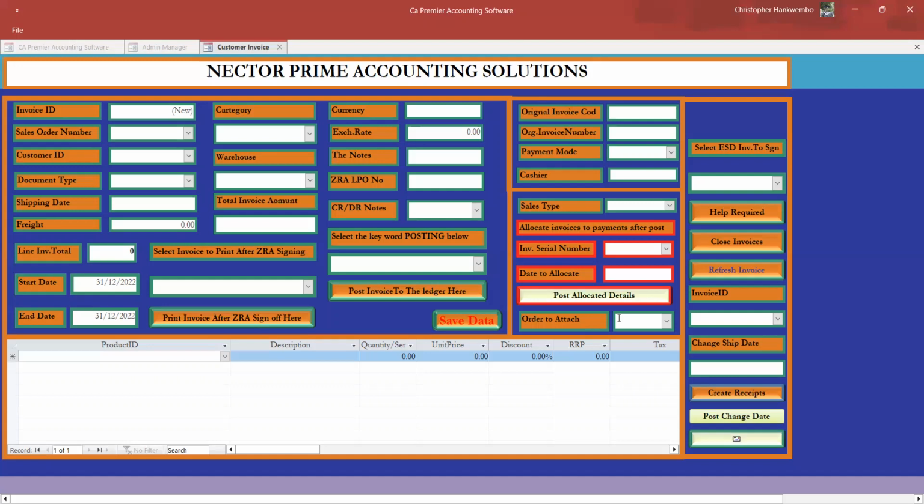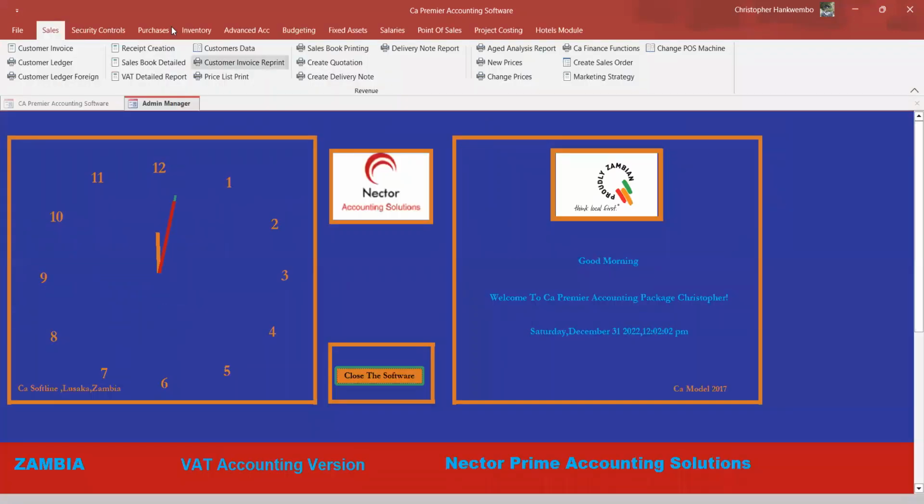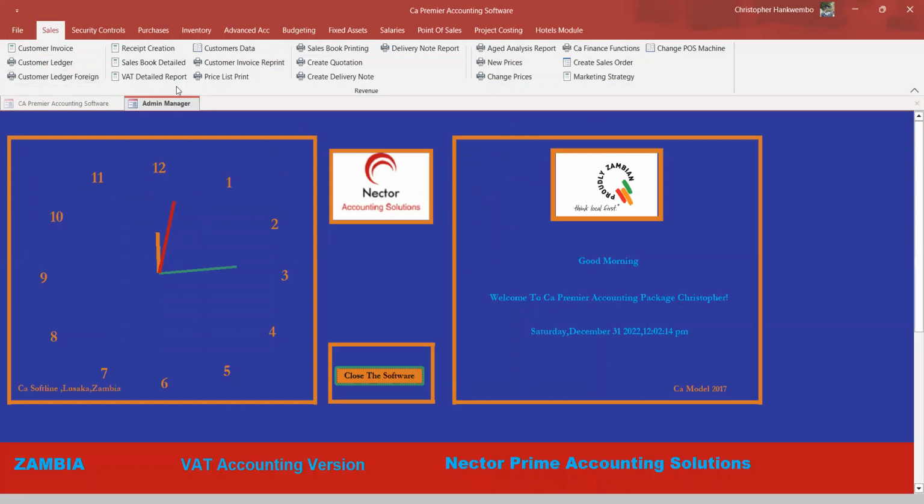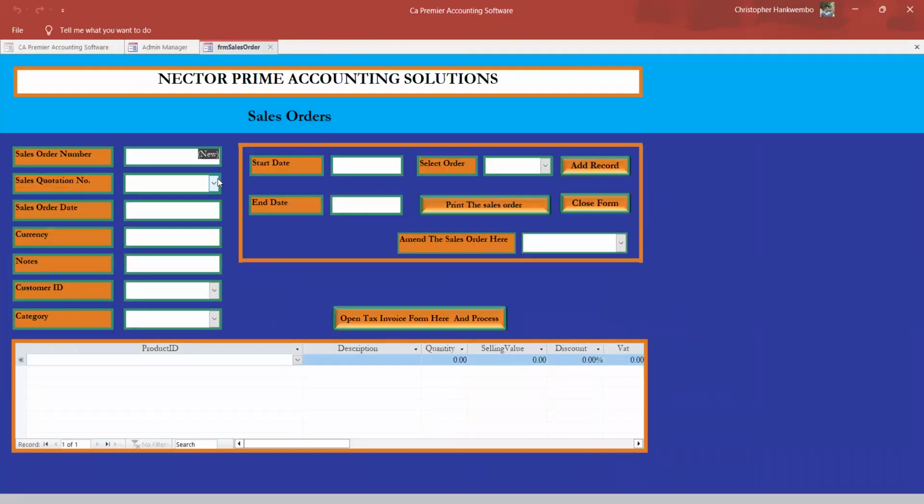Typically, just in case, I would like to attach the purchase order from the client to the invoice, so it's more seamless for them to know where this invoice is coming from. Okay, if that is the case, you need to have a quotation first. Or if you want to go direct, to the sales order. Actually, it's not a purchase order, it's called a sales order. So we need to create a sales order here.